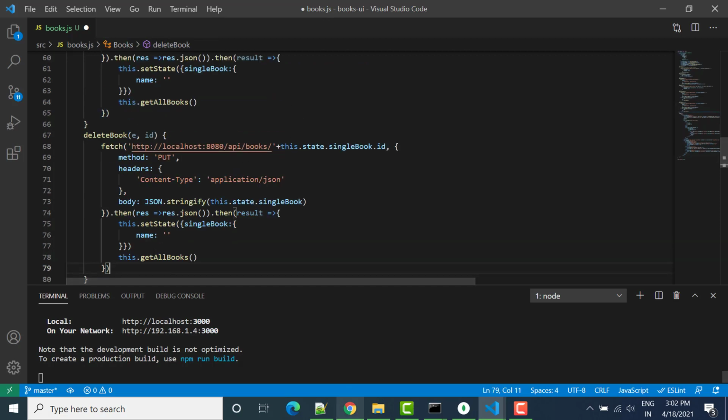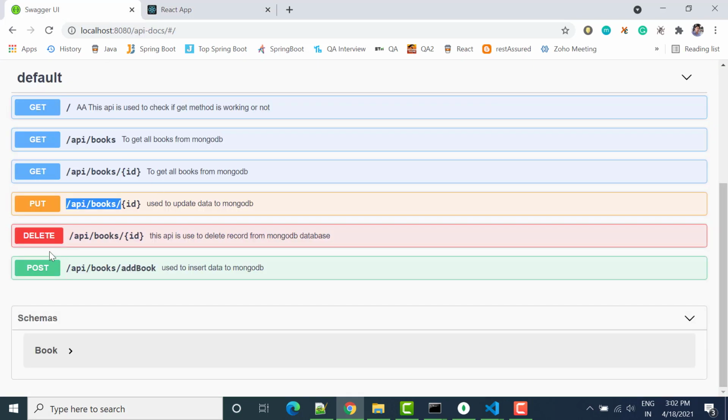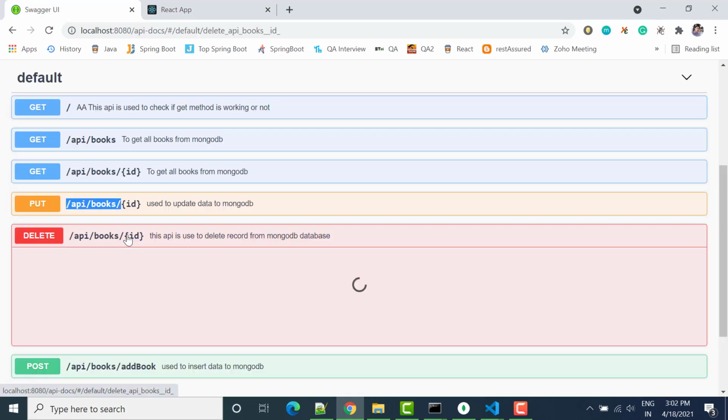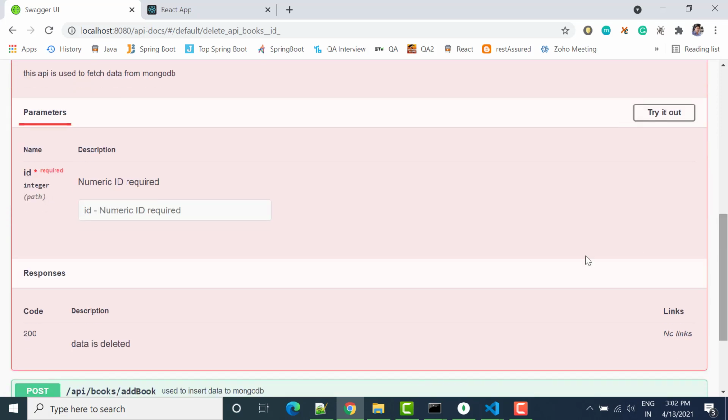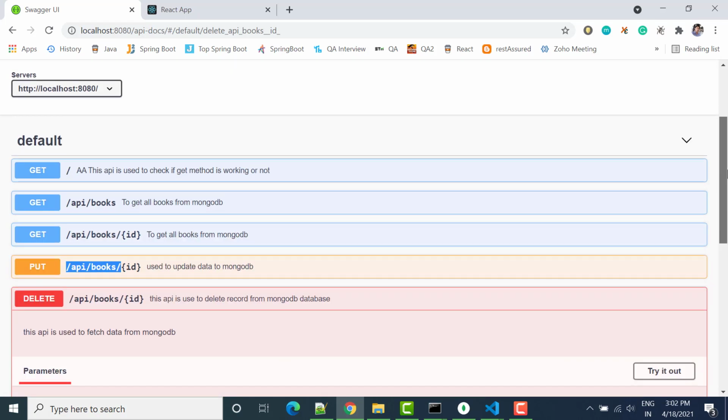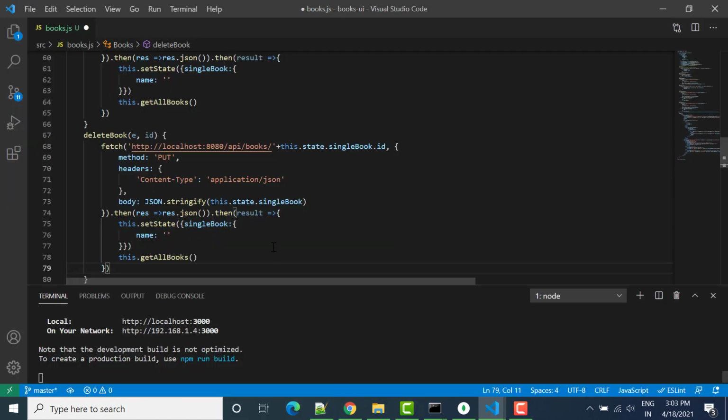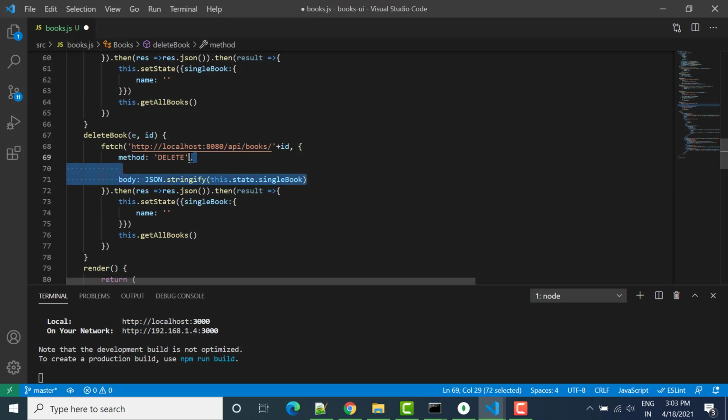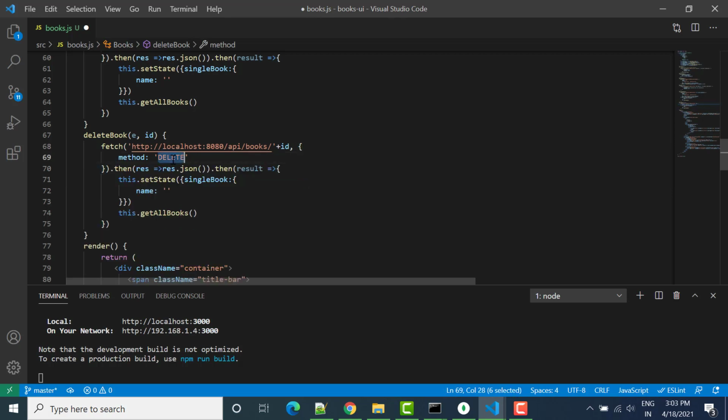The difference is, first we have to get the URL, and the URL for delete is api/books, right? And in delete we don't need to pass the body. So we have here api/books. We have to pass the ID, and the ID we will get from here. So I can simply say this is ID, and then the method should be delete. We don't need to pass the content type here since we are not sending anything in the body. Also we have only method equal to delete.